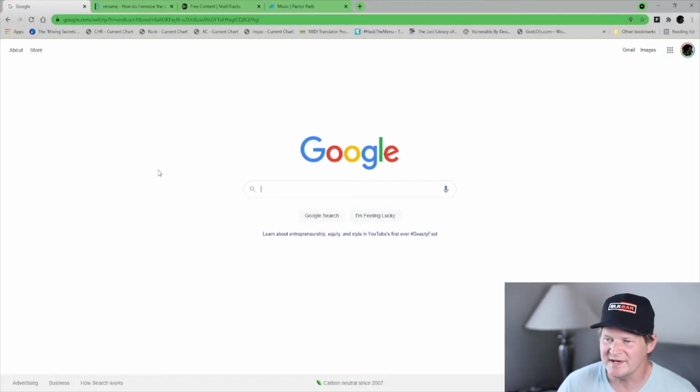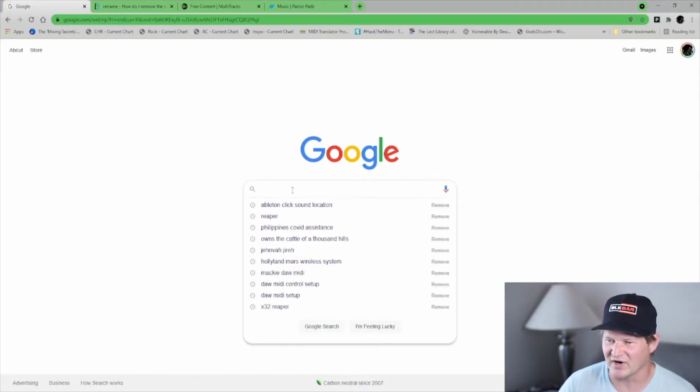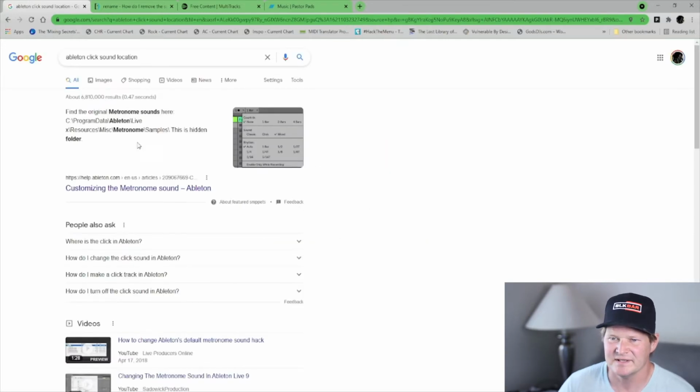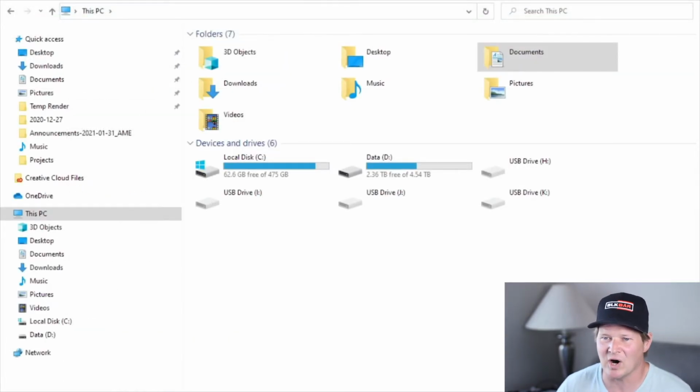So let's go in and let's search and find where those are. You see, I've already got a search for Ableton click sound location. And the first thing that pops up is the location of the actual Ableton metronome sounds. So what we're going to do, let's pull up our